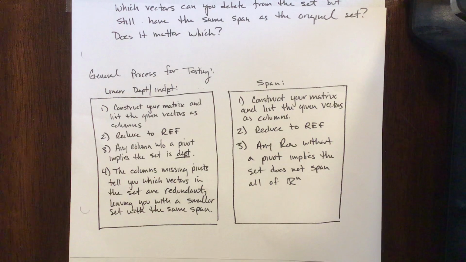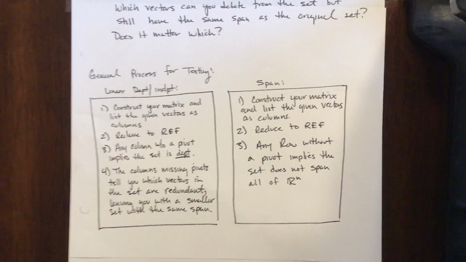Okay, so if any of the columns in the coefficient matrix lacks a pivot, then the set of vectors is linearly dependent. The columns missing the pivots tell you which vectors in the set are redundant. Excluding them from your set leaves you with a smaller set that has the exact same span as the larger set. Now, for testing for span,